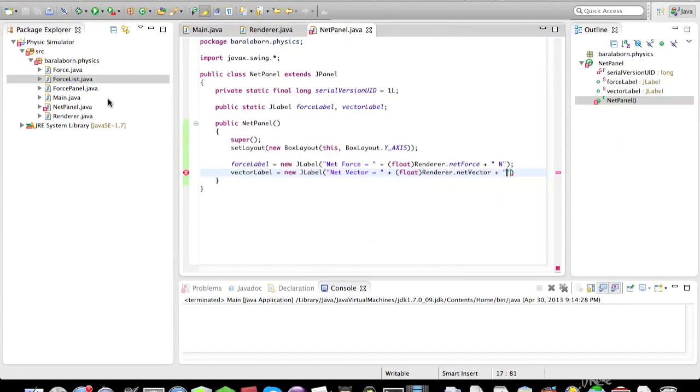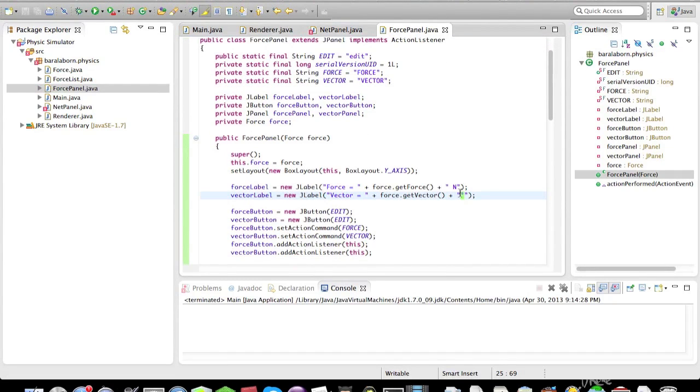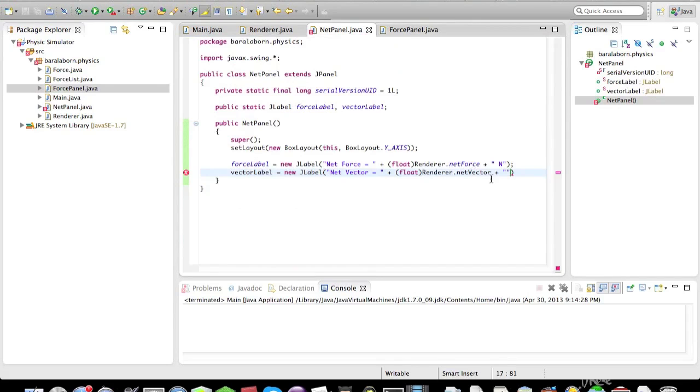Nope, we need to go back to force panel and steal this degree symbol. And of course, if we save it, we should get that obnoxious error. And we didn't. Okay, already saved as the correct format. Then all we need to do is just add force label, add vector label,